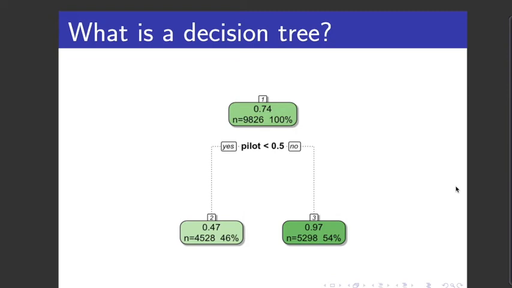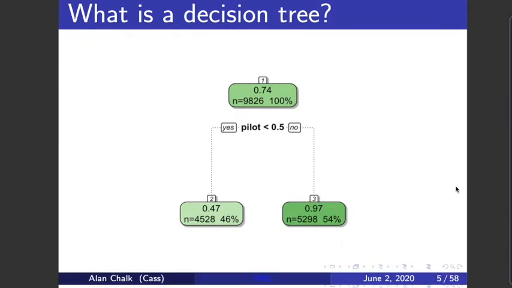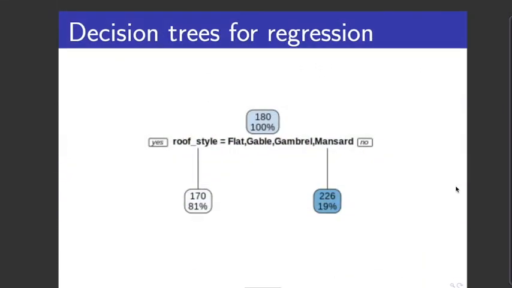So you've seen a decision tree for making a classification of an accident into pilot error or not pilot error. That's a 0 or a 1. Of course, we're going to be using decision trees on Amy's house pricing data. In this particular case, a decision tree might look something like this: the average price before you do any splitting is $180,000, and if we did split it on roof style, which